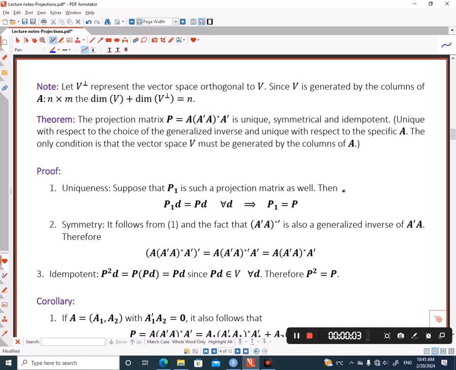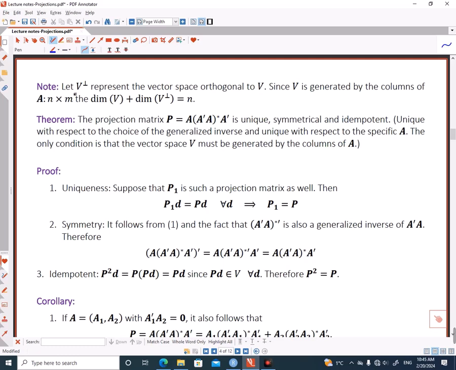Okay, first of all, we need to show that the projection matrix is unique. And in this theorem, we discuss three properties of the projection matrix. But before getting to this theorem, there is a note which I will use later for some numerical computations. If I have the vector space orthogonal to V,